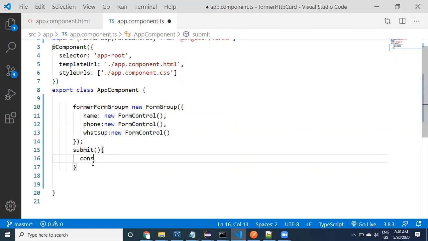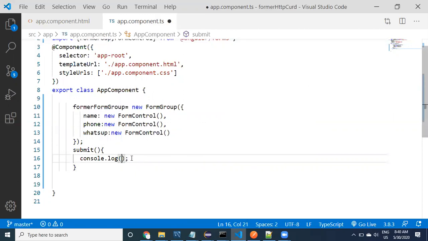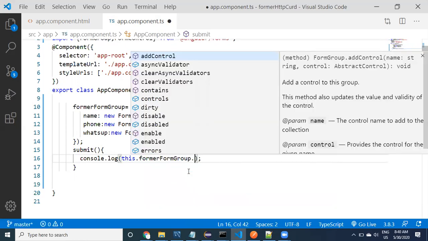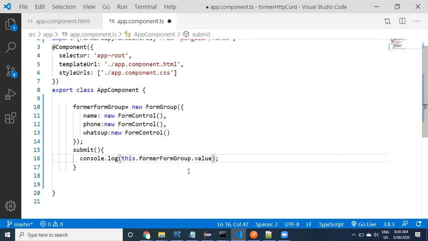Here in the submit method, say console.log. I want to display the data which the user has provided in the console. That's the first step. Once the first step is done, then I can send the data to the backend. You can take form group. I want to read the data, so I'm going to say form group dot value.